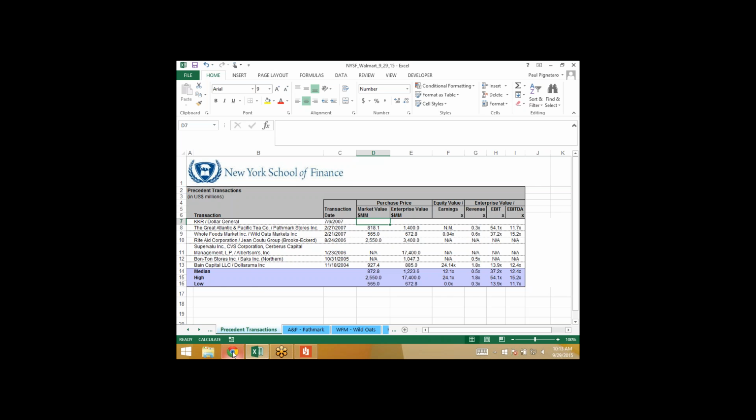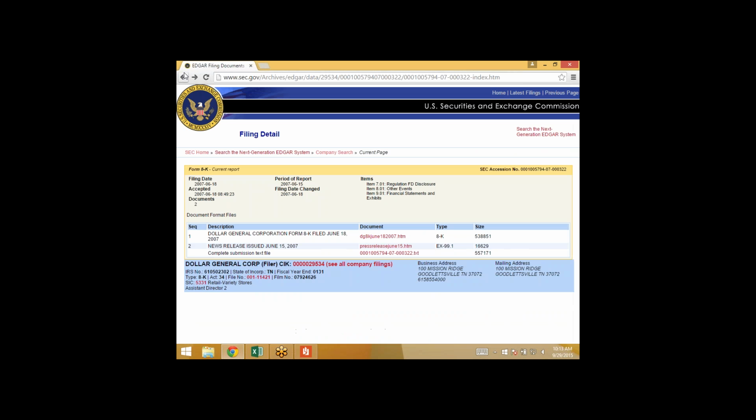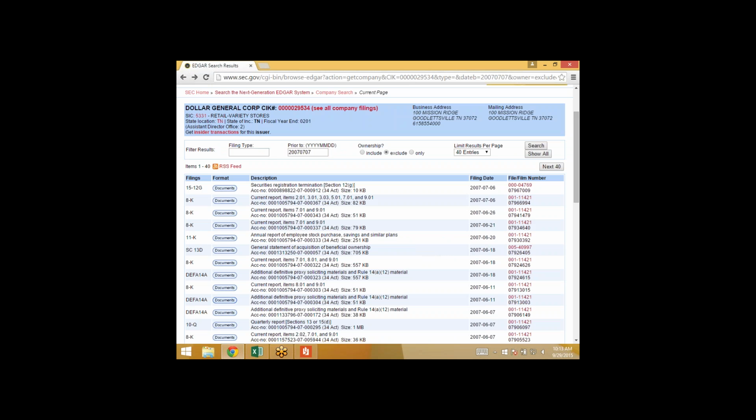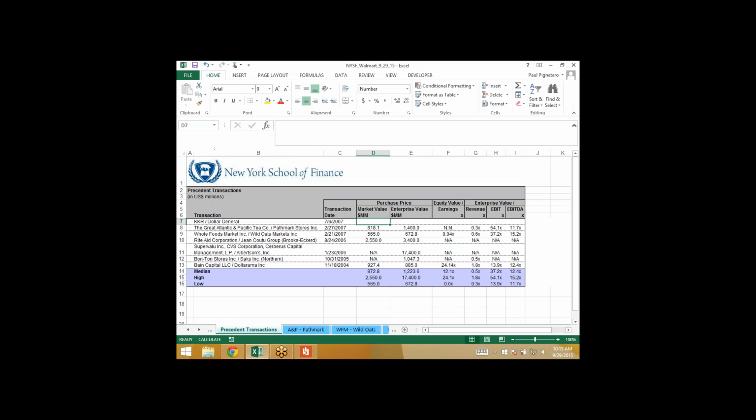And then I went to the press release, and I looked at when that acquisition happened, and I went to companies. I typed in Dollar General, and up came a bunch of reports, and you look for, here's a proxy. Additional definitive proxy soliciting materials. Proxies are defined by DEFA 14A, proxy, or 8-Ks. And when I found the press release for this transaction, the acquisition of Dollar General by KKR,